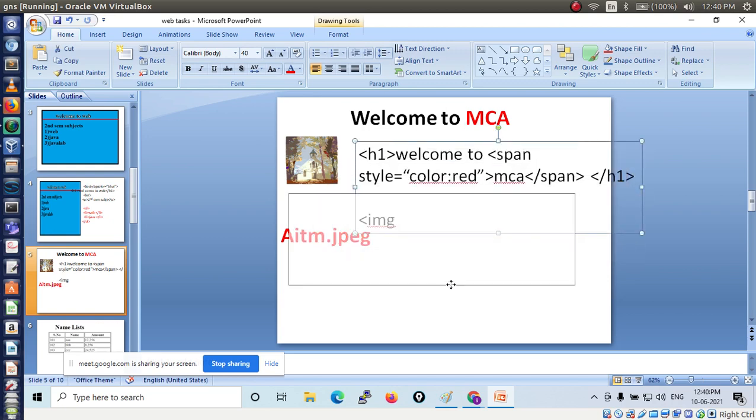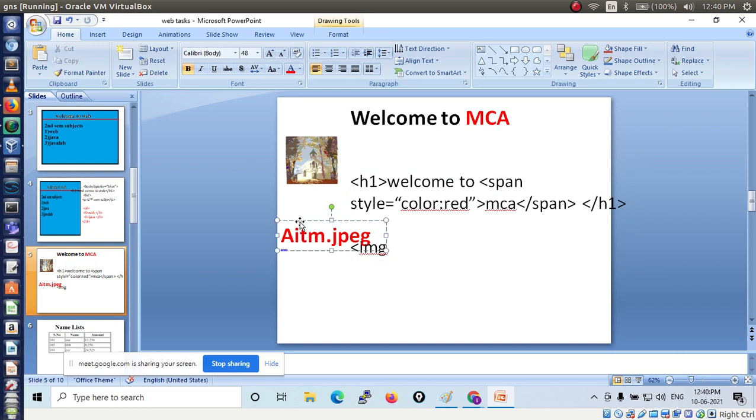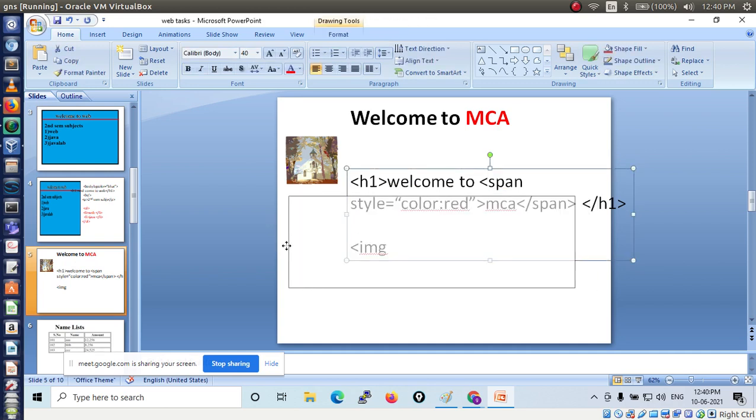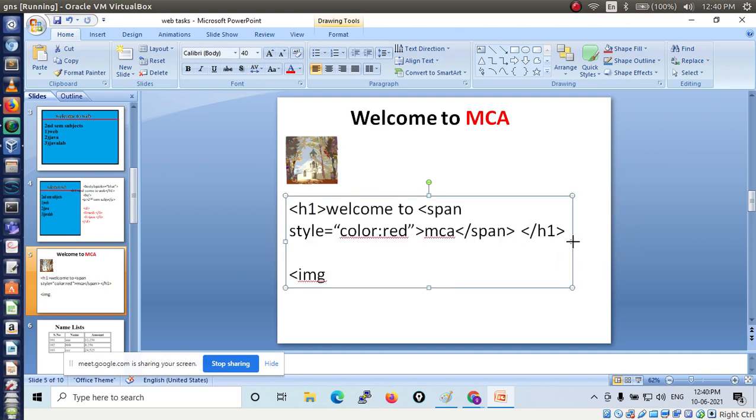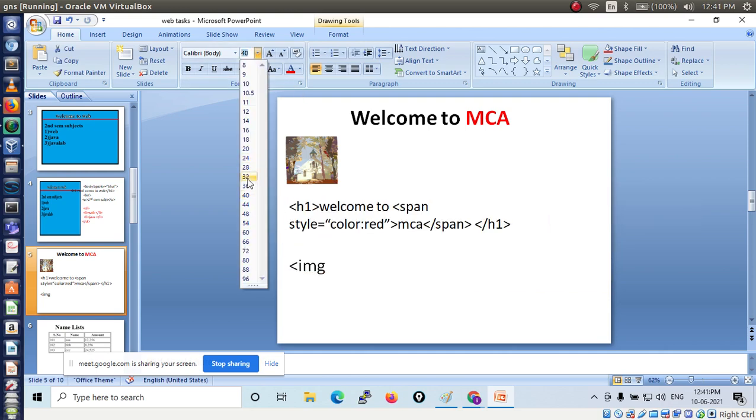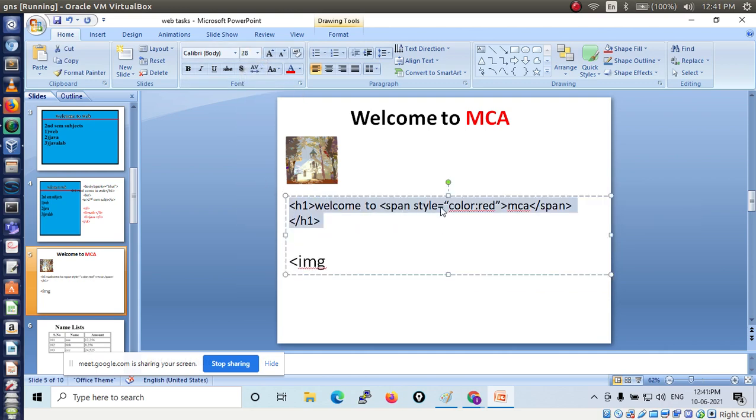First one, that is the span tag, right? Now the image tag. The image is displaying in center, so here we have to use the center tag, then image source equal to image name.